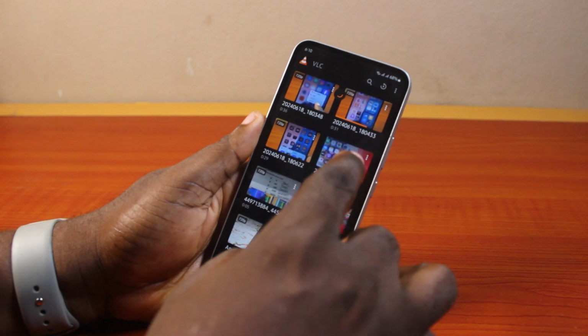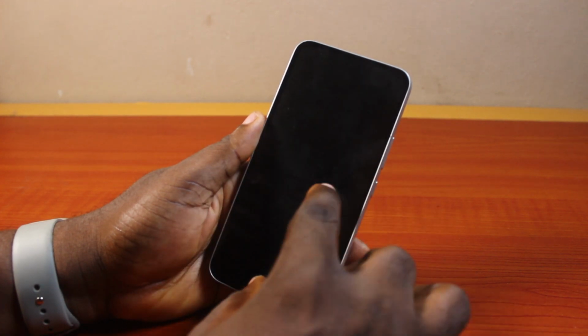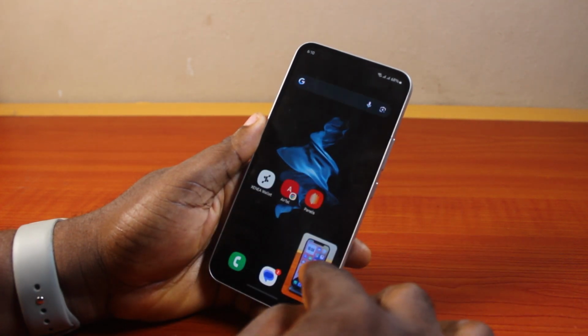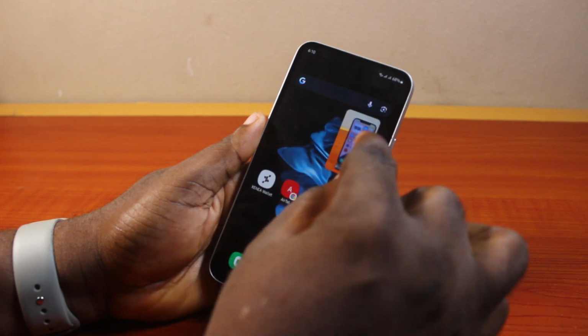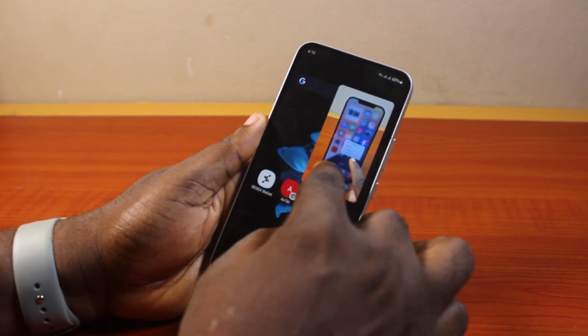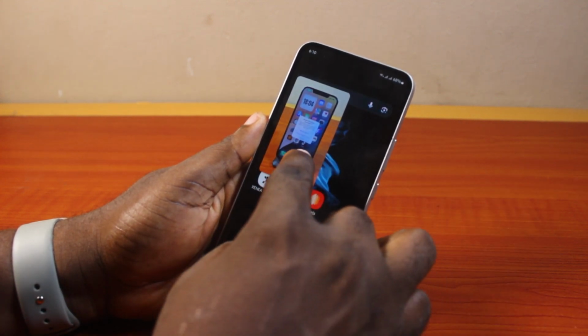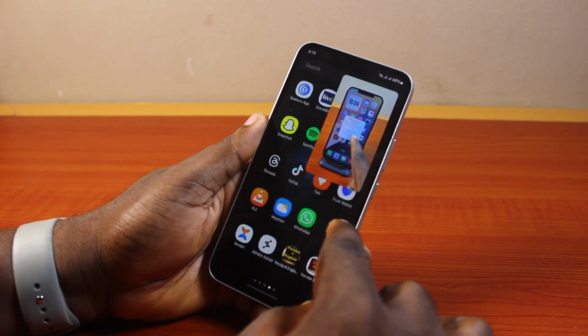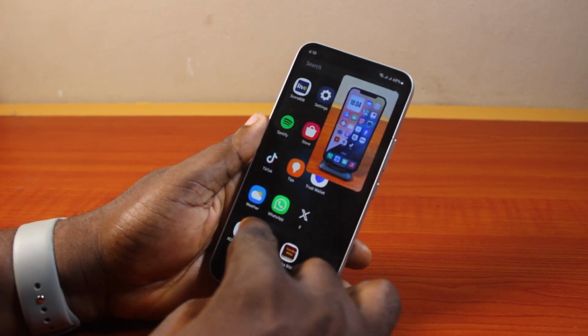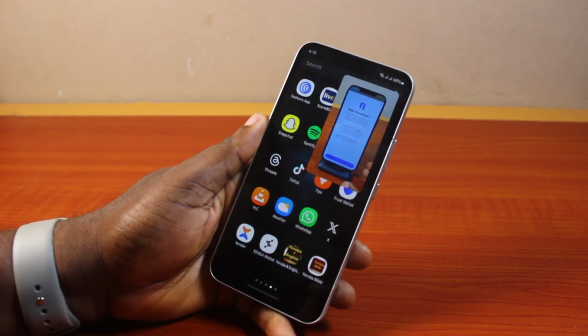So when next you are watching a video on your phone and want to minimize the video with the help of picture-in-picture, you can easily do that. So that is it. When next you are watching the video on your phone with the help of picture-in-picture, you can easily go ahead, minimize the video, and then start doing something else on your phone. So that is basically how to enable